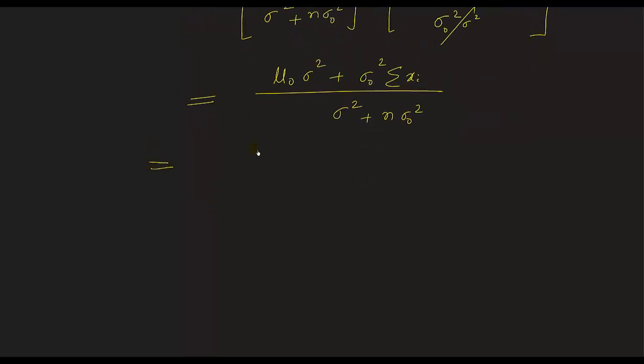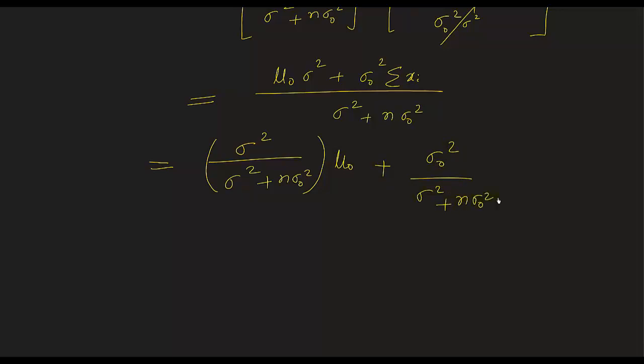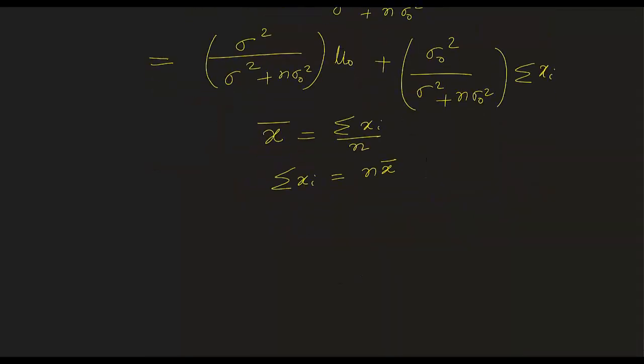If I rearrange, then I can write this is sigma square over sigma square plus n sigma naught square, times mu naught, plus sigma naught square over sigma square plus n sigma naught square times summation xi. So summation xi is related to sample mean. If you remember, sample mean is nothing but summation xi divided by n. This means summation xi is n times x bar. So if we plug this value in this equation, we can write